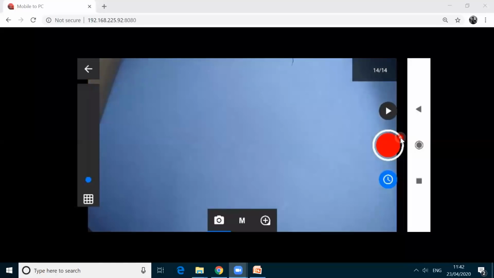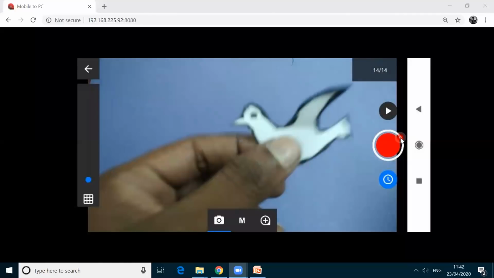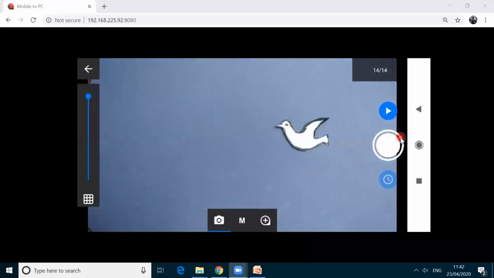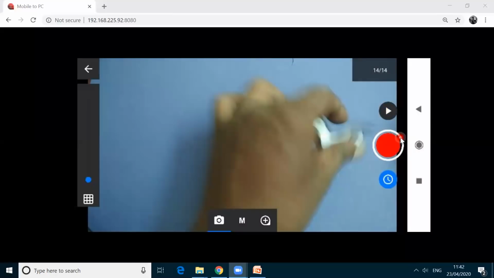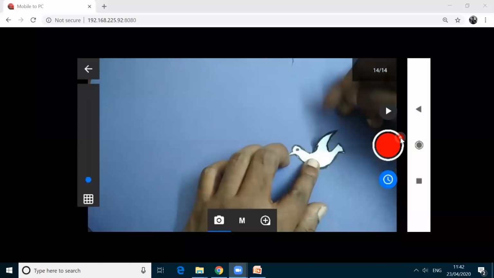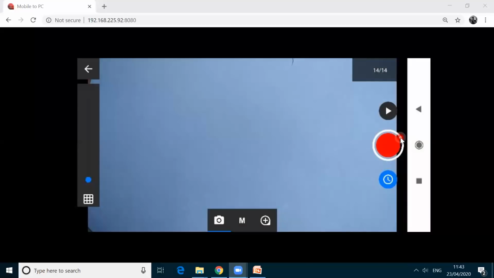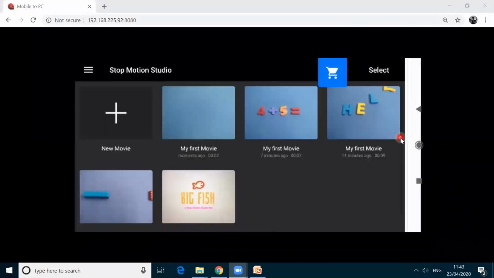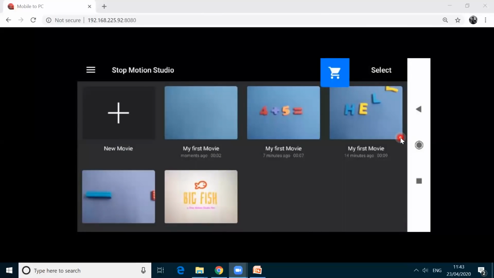There are two methods to create some movement in this bird. See here. First, what I have done, see, it's just moving. Now I am going to add a little bit of animation, that I am going to do some flapping here. Let me see how it looks. I'm going back again, and I'm creating a new movie. And then the next procedure, I'm clicking this camera option.